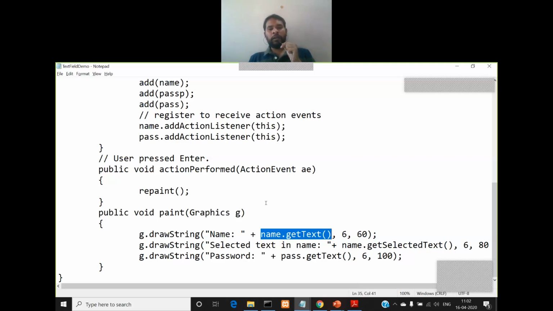Once he strikes the enter key, an action event will take place. As a result, the actionPerformed method will be executed, and that will call the repaint method. The repaint method is calling the paint method, and what is the paint method doing? It is drawing the string returned by the getText method. At which location? At 6 comma 60. Okay, then I'm using another drawString method.